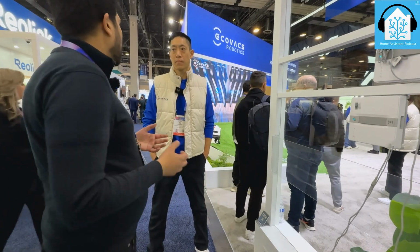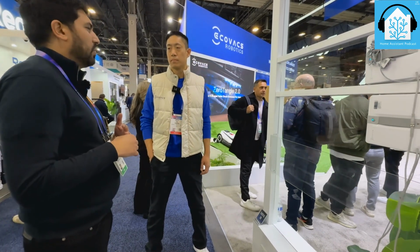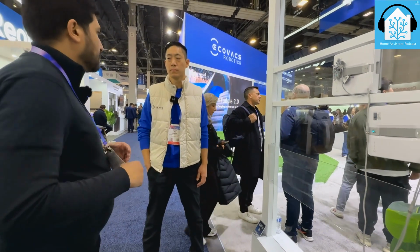I know I use an integration today. I don't know if it's a supported integration or something somebody wrote. No, I believe it is an actual core integration that is supported. But